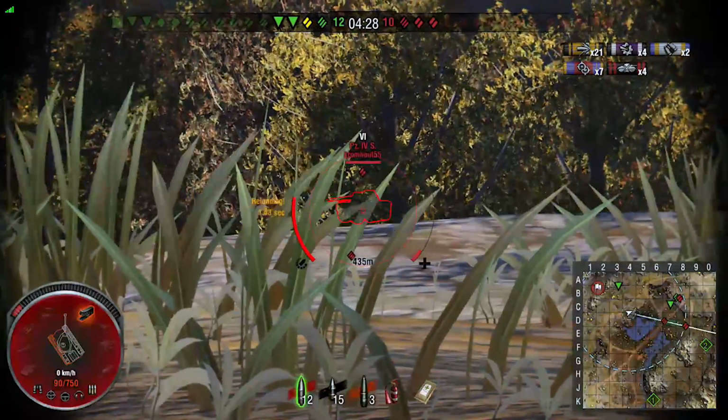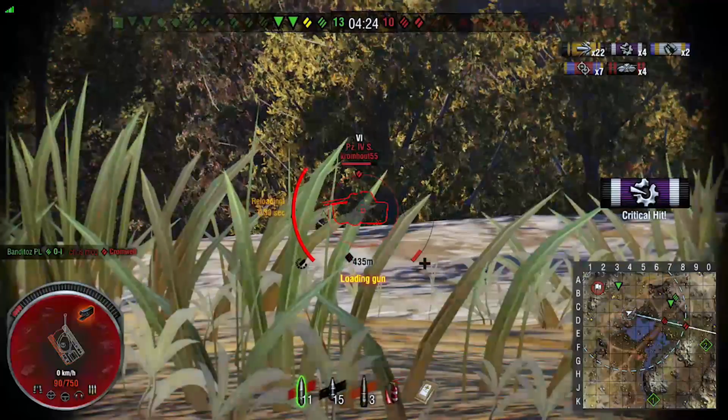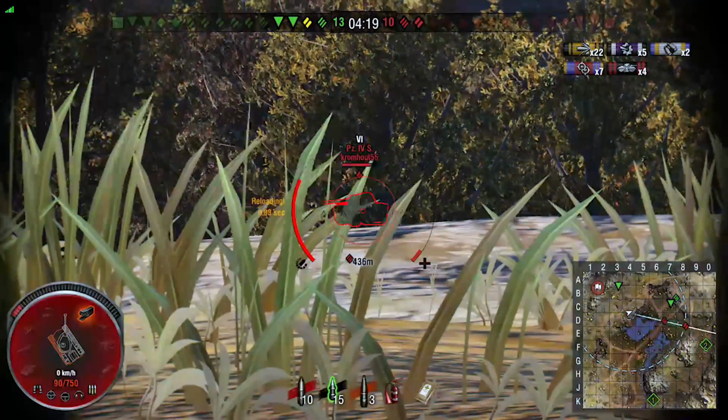You can see here that VK. Is he behind the rock? No, he's just pretty well angled. Yeah, he's pretty well angled. We're going to bounce a few more off him here. We switched to AP. We're not getting through. Let's have a look at the...